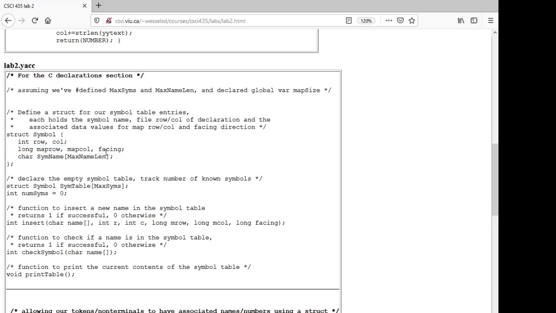You don't have to do that. You could use a character for facing, or whatever else you like, an enumerated type for facing, as long as your code handles the way you set this up. And the last thing is we need a character array to hold the name. So I'm going to assume that we've actually hash defined the maximum name